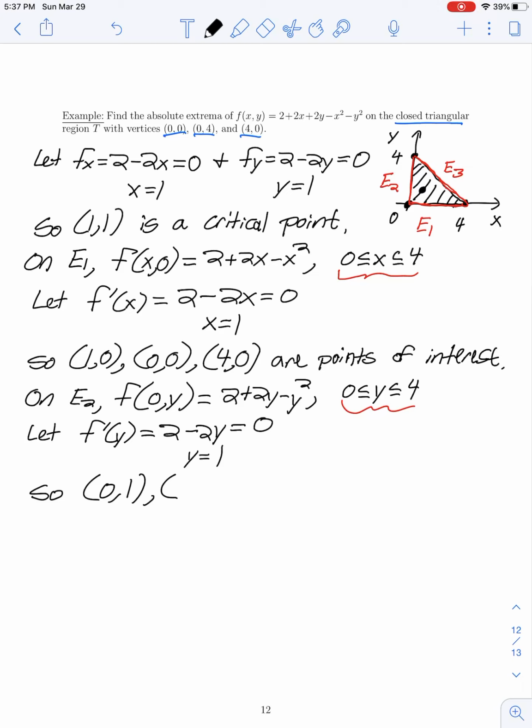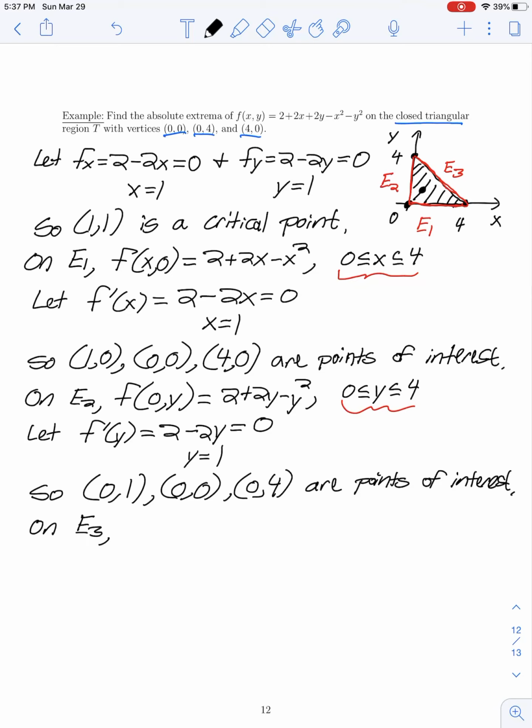The first one being when x is 0, we found y equals 1, gives us a critical point. And then the endpoints of that second edge would be 0, 0, and 0, 4. So these are our points of interest